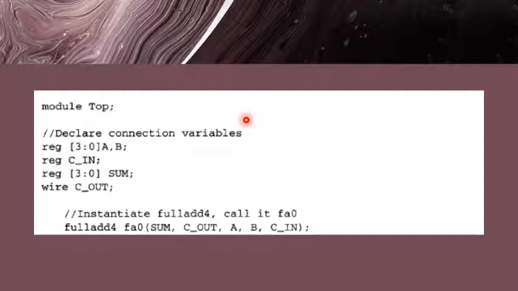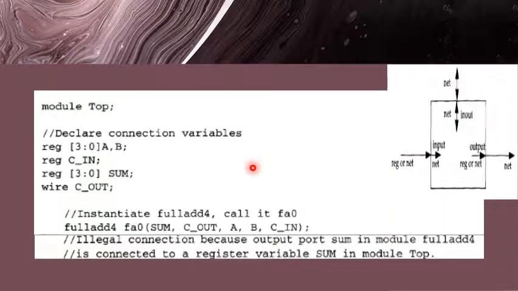So these are the external signals. So recall the connection rules, that is port connection rules. Here A and B and Cin are inputs. So for input, internally they should be declared as net, and externally they can be register or net. So internally we have declared A, B and Cin as input.